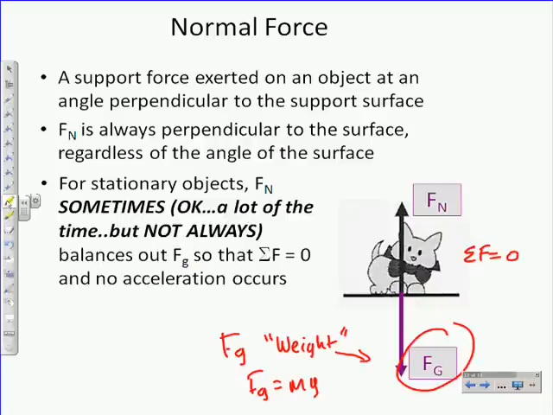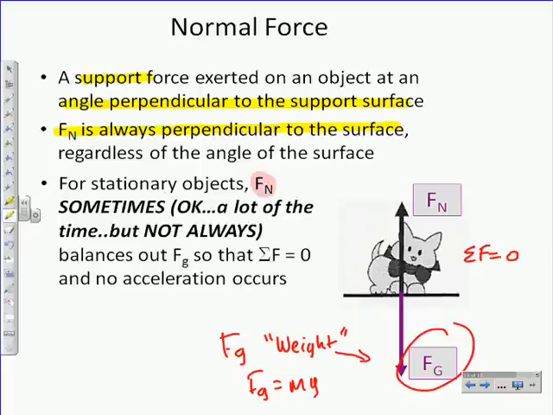Normal force is a support force that is exerted on an object by a surface perpendicular to that surface. That's where it gets its name, the normal force. Normal is like an old school way of saying perpendicular. Like it says here, F of n is always perpendicular to the surface, regardless of the angle of that surface. That's going to come into play a little bit later in the year when we start talking about inclined planes and objects rolling down hills and stuff like that. But for now,